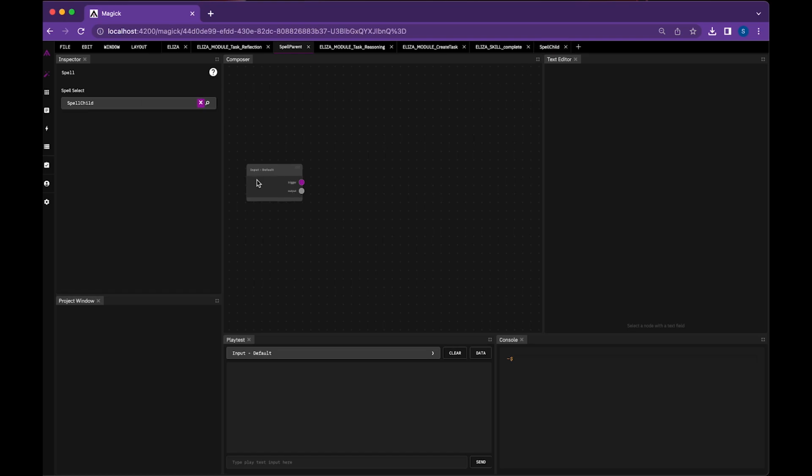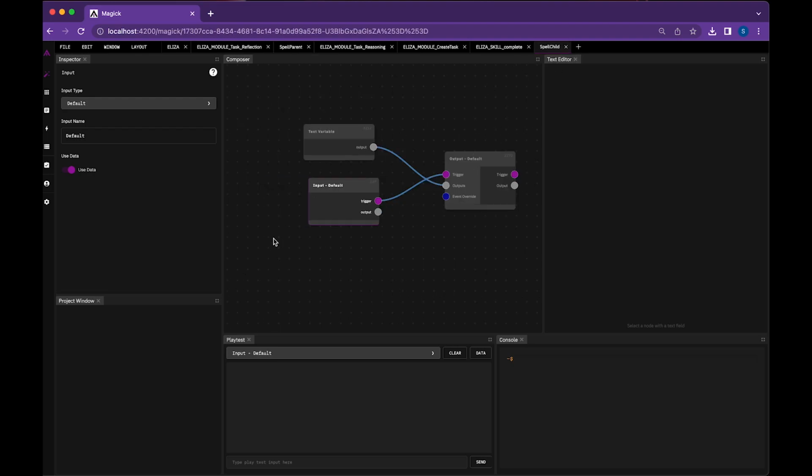So I have my spell child, I have my input. Let's make sure we do this again. Spell child. And then we will put that into an output, right? So, save that. Input comes in, goes to the subspell, which is loaded, the spell child, goes over here, comes into this input,